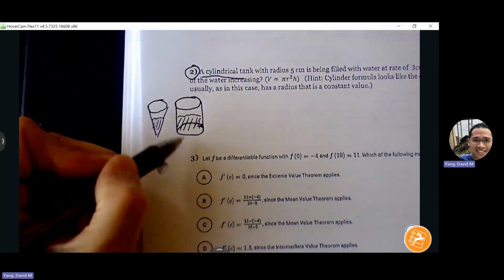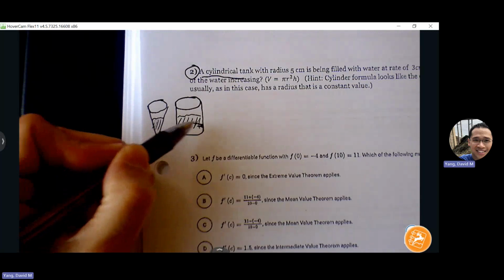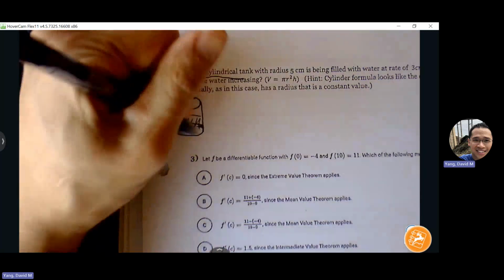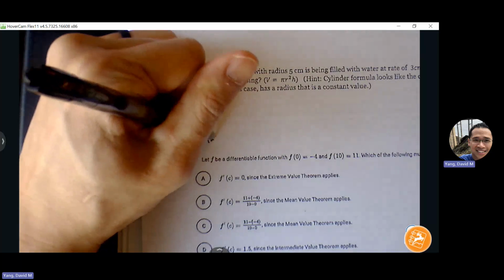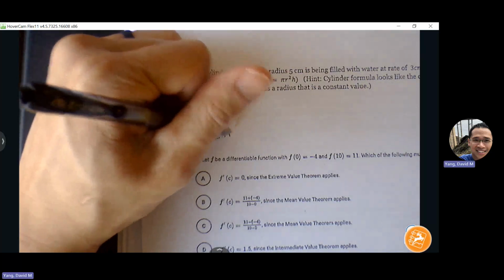Imagine water is coming in. Is the height changing? Yes. Is the radius changing? No. So that's the big distinction. The radius is not changing. The radius is a constant,